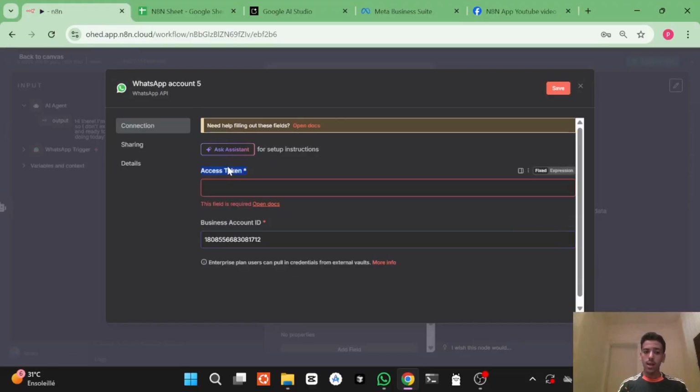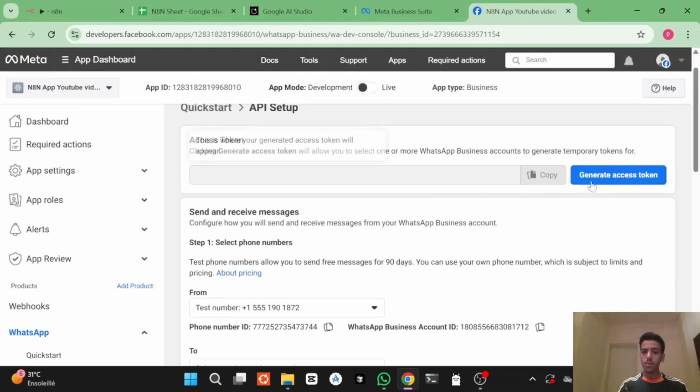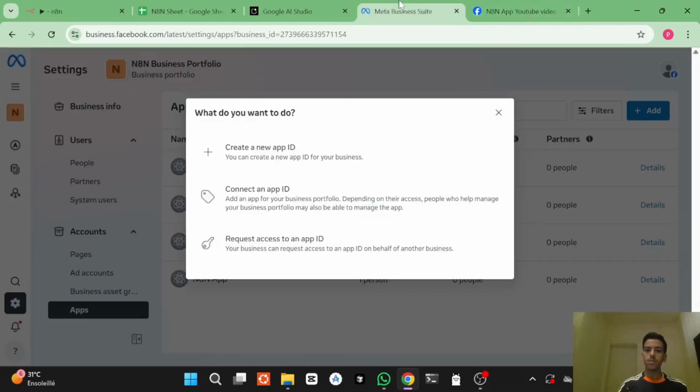On the access token, there are two ways. You can either click generate access token, and you will get the token, copy, paste it. However, this access token does expire in 24 hours, and you need to update it again. So we don't want that. We want something that is lifelong. Go to the business